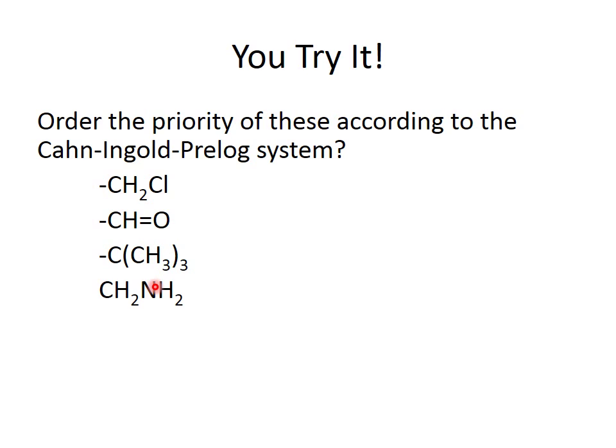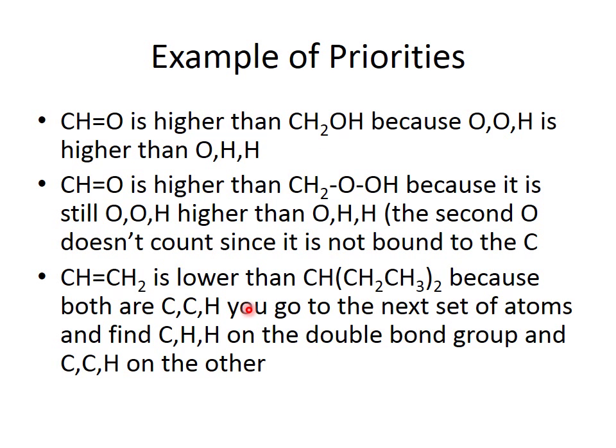Next, I would see oxygen versus carbon versus nitrogen. Oxygen outweighs both carbon and nitrogen, so this is number 2. Then I look at carbon versus nitrogen. Nitrogen outweighs carbon, so this one's next. So this is 1, that is 2, this is 3,